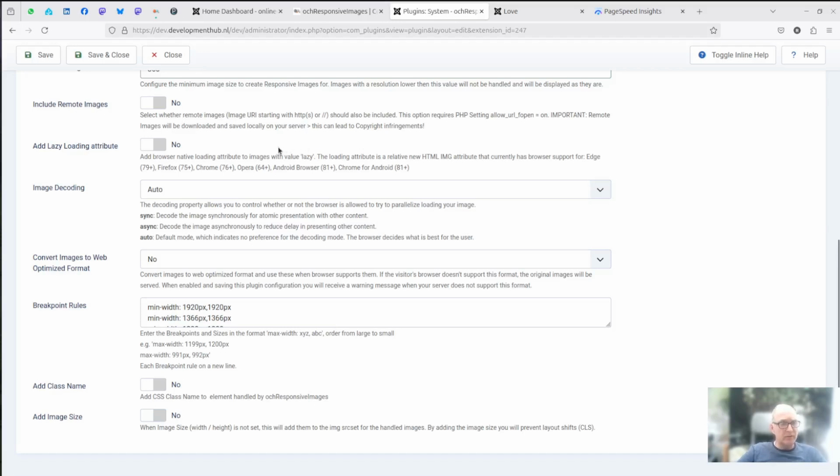Now, what lazy loading does is you add the attribute loading lazy, and these images will not be loaded on page load, but will be loaded just before you scroll down and the image will be shown. So this is a huge performance gain.